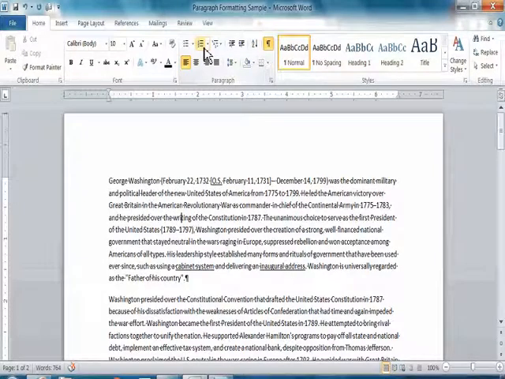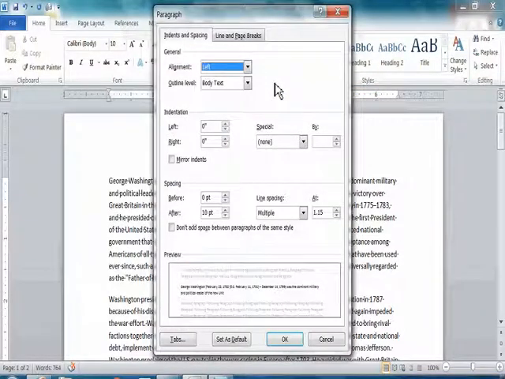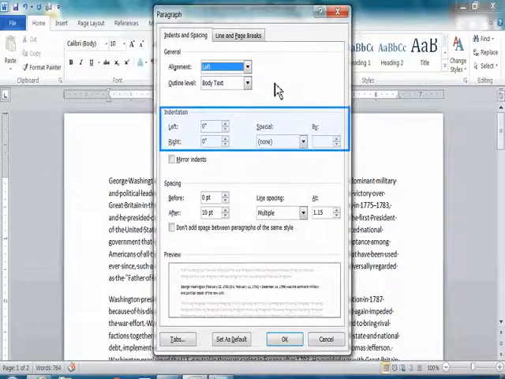Now the paragraph ribbon gives you a number of options, but if you want some detailed options within your paragraph options, you can come over here to the More feature within the paragraph ribbon and click on there, and your paragraph screen will appear. From here you can set a number of things such as your alignment, which was available on your paragraph ribbon. You can also set your indentation, whether it's left to right or even a special indentation,